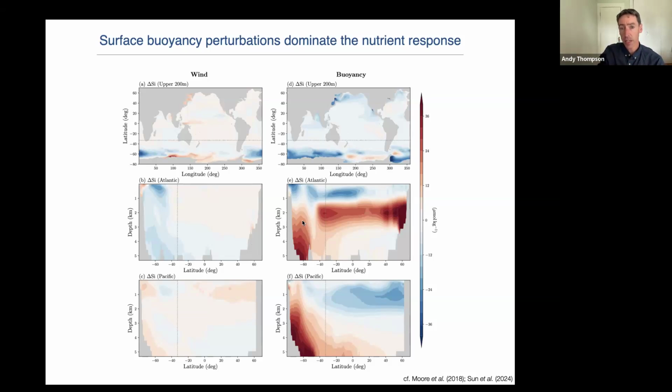We see here both the accumulation of nutrients at depth in the Southern Ocean, again, which we largely attribute to a southward transport across 30 degrees south from the Pacific Basin, and then it gets homogenized to a certain extent in the Southern Ocean between the Atlantic and the Pacific as the Antarctic Circumpolar Current. But you also see these changes in the northern basins as well, and these look much more, I would say, latitudinally uniform. And what you're seeing here is largely a response to a deepening of the stratification following a weakening of the AMOC. So again, getting back to this change in the ocean's density structure, the stratification, having a big impact on these tracer changes.